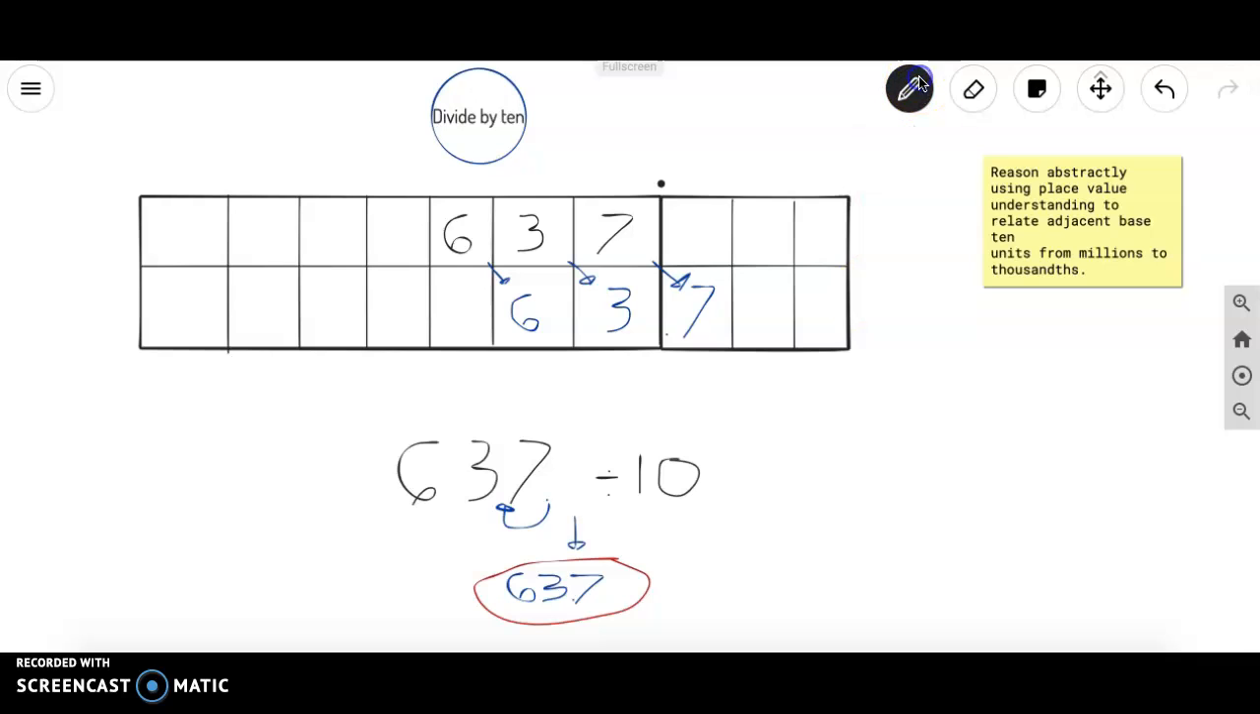So I call this the decimal skip. Almost like when you're skipping on the sidewalk, you're moving different spots, either left or right. If I were to, let's say, take 63.7, and I'll draw that here on the right,